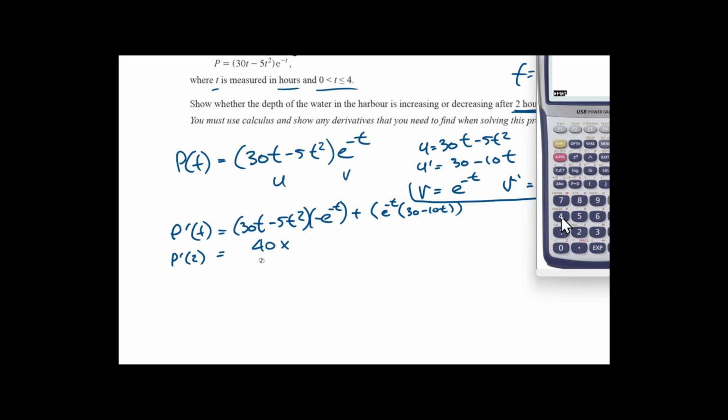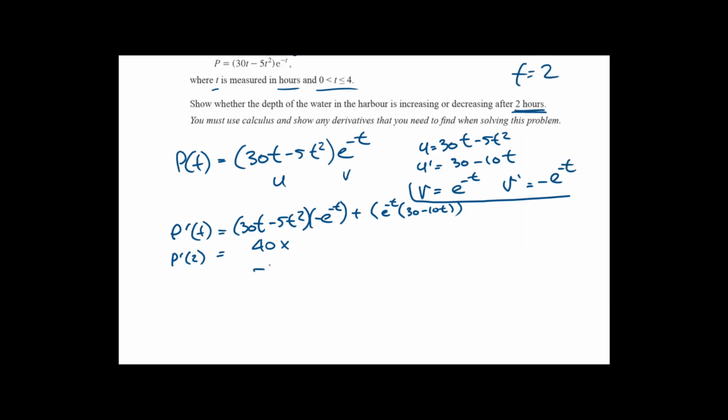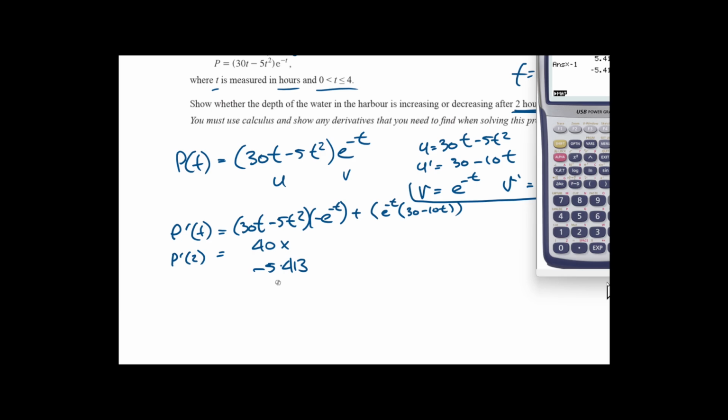So 40 times e to the negative 2 times negative 1, because we have to put the negative sign in there. So that equals negative 5.413. And in here,